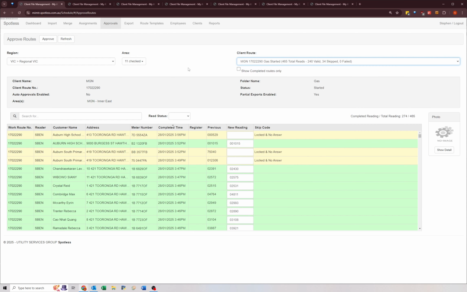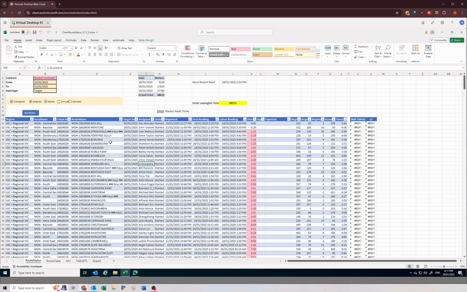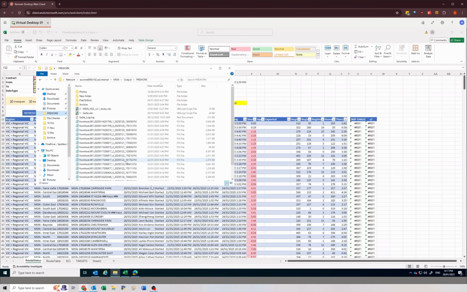We need to, after 5 p.m. and not until after 5 p.m., we can start approving the partial routes. The reason we do it after 5 p.m. is because if we look at the exports,